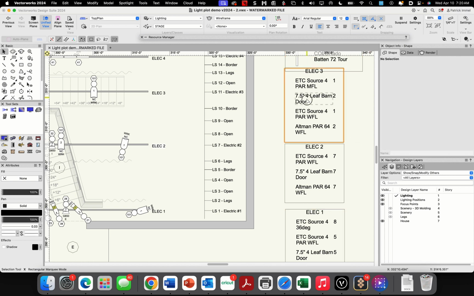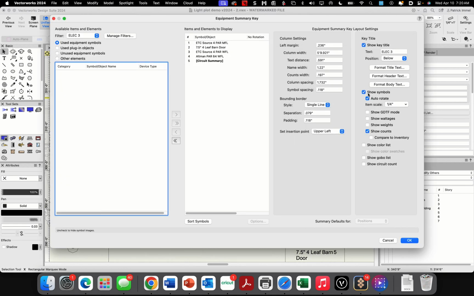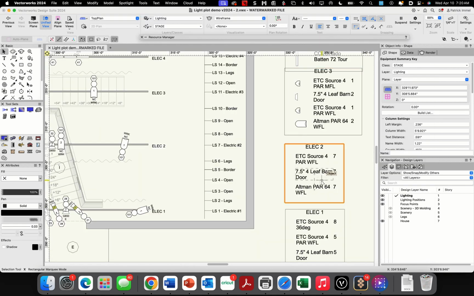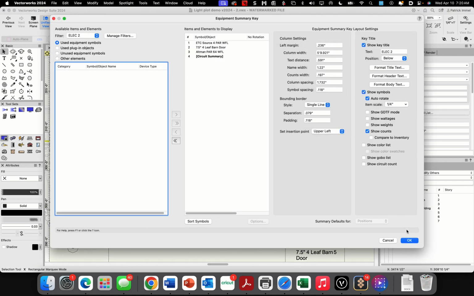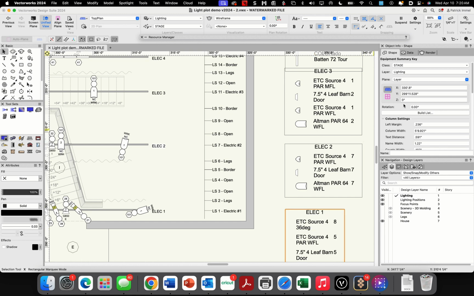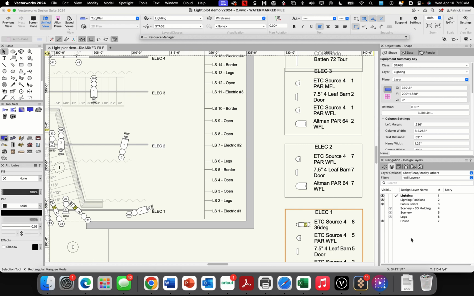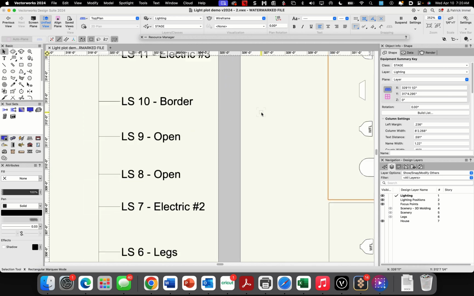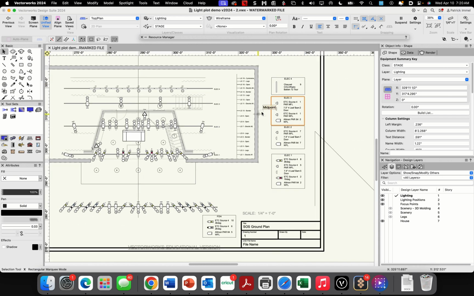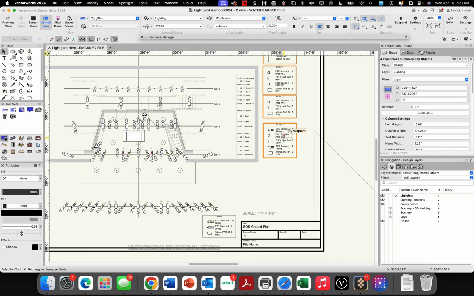No, it looks like it just put in the first one, so let's click through, show symbols, okay, show symbols, build list, show symbols, okay, build list, and show symbols. All right. So we have all of our position summaries in, okay, and now I'm going to slide these up. They don't necessarily need to be right straight across from them. It helps sometimes, but I'm going to slide these up a little bit, because now what we're going to do is